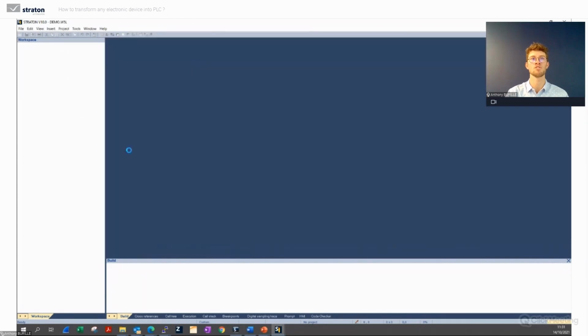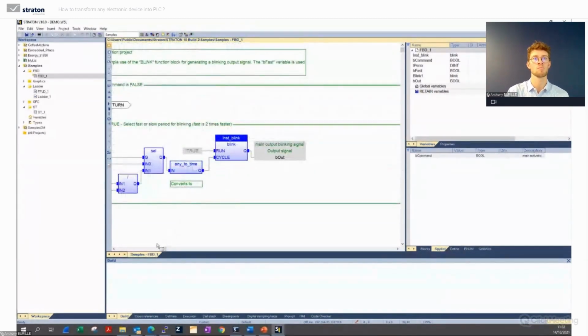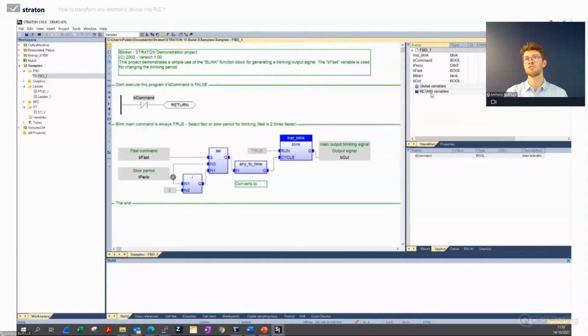So I will just quickly show you with the sample projects what it looks like once a project is open. On the top left, you can have several projects in your project list. You can edit your programs. Once you open it, it comes here in the main window. In this case, it's FBD. You can zoom in, for example, to see more things. Here at the top right, you have your dictionary with the list of available variables. You just have to take it, drag and drop it in the editor, and that's it.